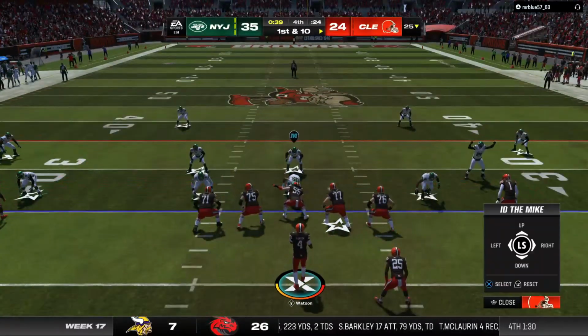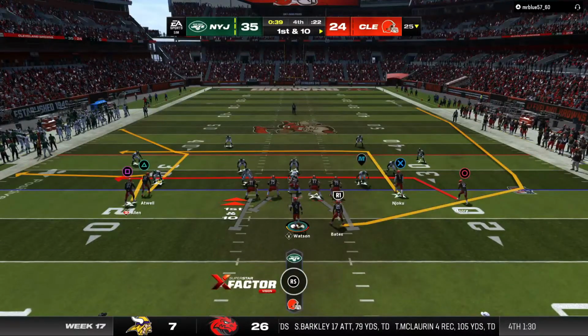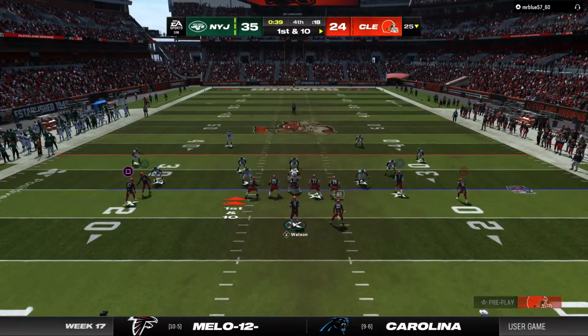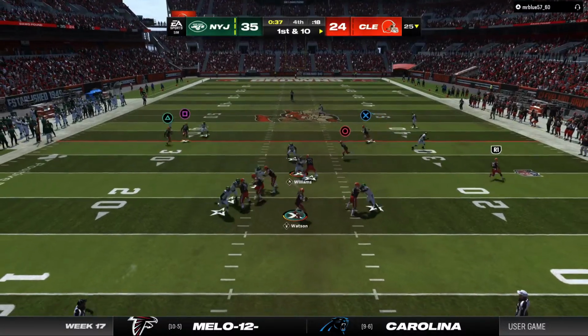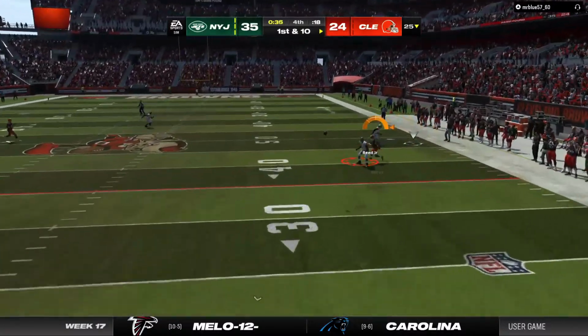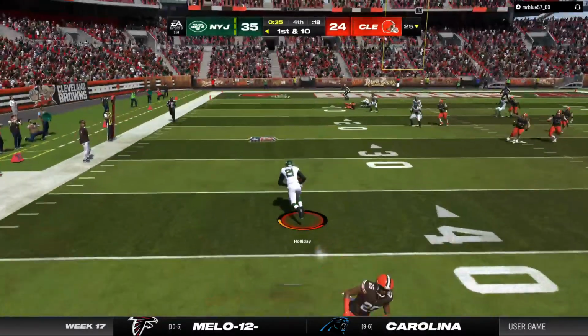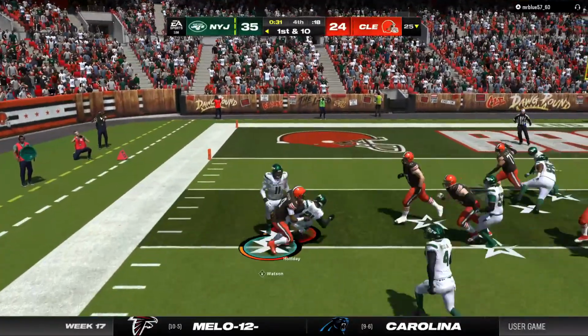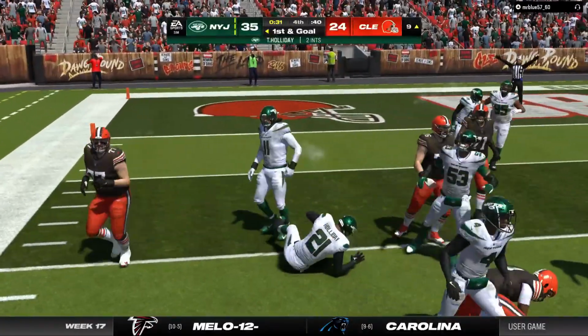Here's 1st and 10. Watson to throw. And this is intercepted, and that should do it. And they will finally run him down, but not at...